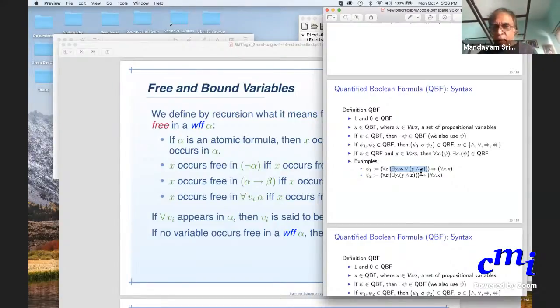So here, in this formula, W and Z are free. So only Y is bound. Because specifically for this Y, this is asking, does there exist a Y such that W or Y and Z is true? I haven't introduced the formal semantics, which I will introduce a little bit starting with the next slide. Can one of you tell me what this